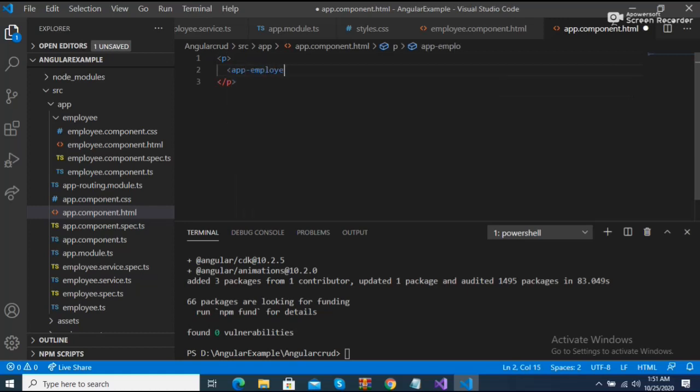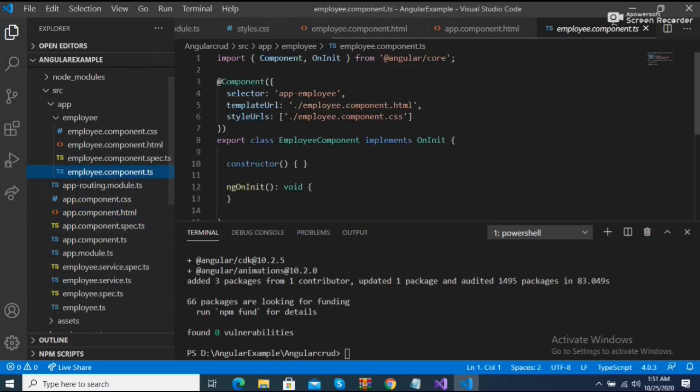Okay, so this is the app-employee. We have to create the component for it. So what should we do? We need to open the employee.component.ts. Here we need to add something: the FormBuilder, Validators, Observable and regexes, all kinds of things.